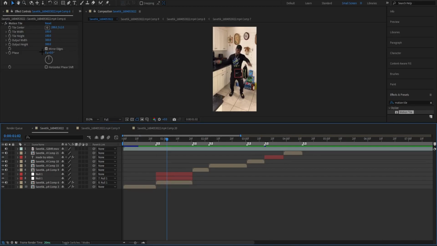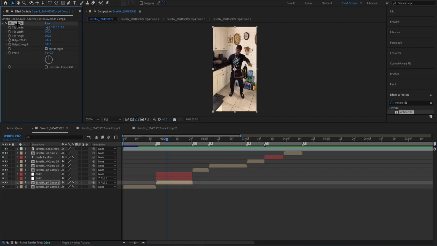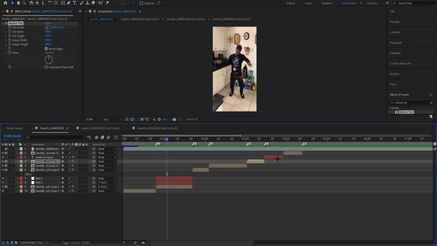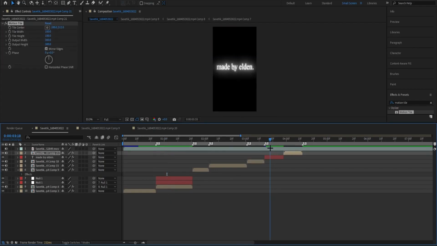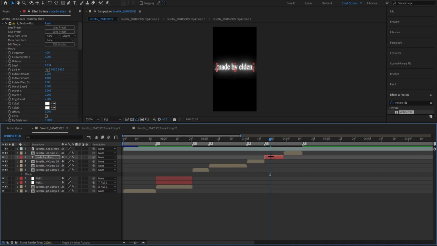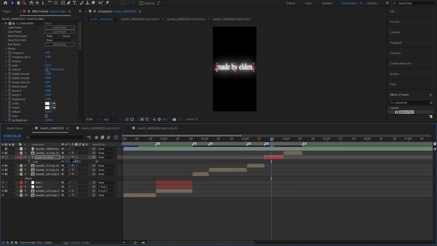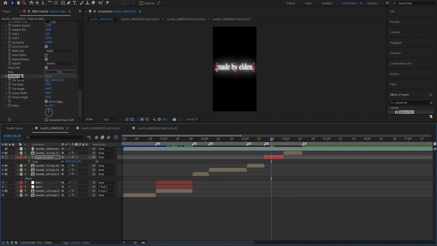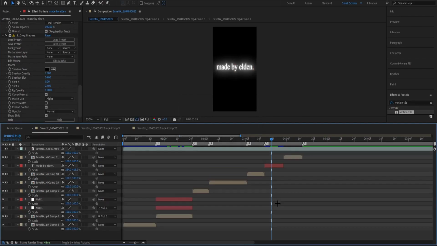And for my settings, I do mirror. So for any setting, you're gonna want to have mirror. Do any number you want. For output height, I do 300 on both. Alright, Control C, Control V, Control V, Control V. Do not put motion tile on your text, because if you do, it's just gonna look weird. It'll have like a bunch of text popping up. So yeah, do not do